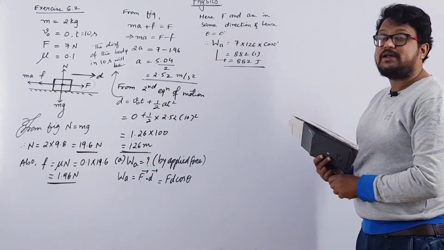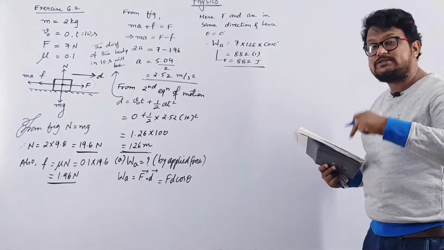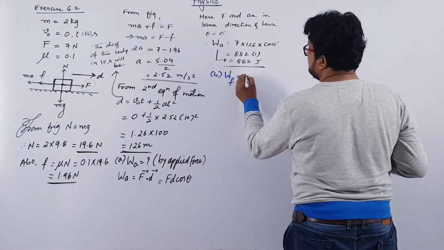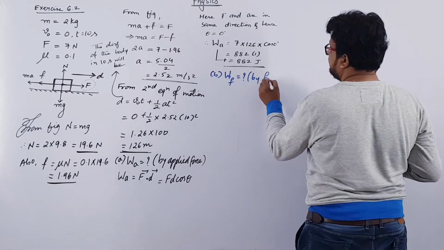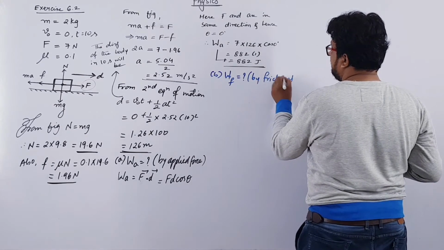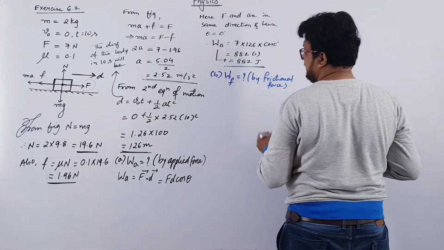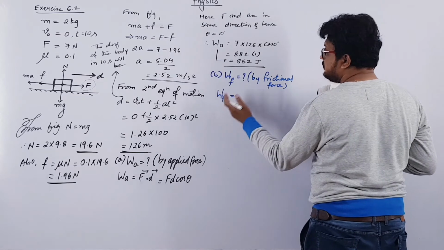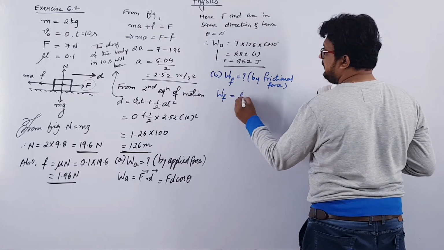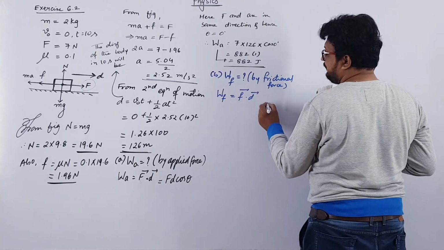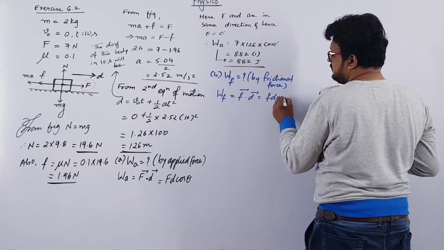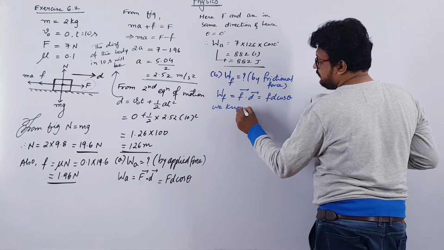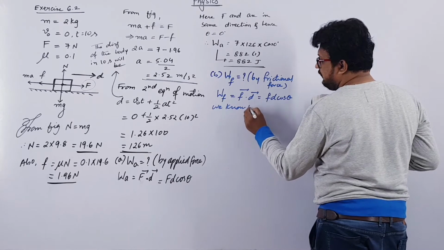But in this case it is given that you have to find the work done by the frictional force in 10 seconds. So B, work done by the frictional force in 10 seconds. Again, according to the definition of force, work done will be equal to F dot D, right? So that is equal to F D cos theta. We know that